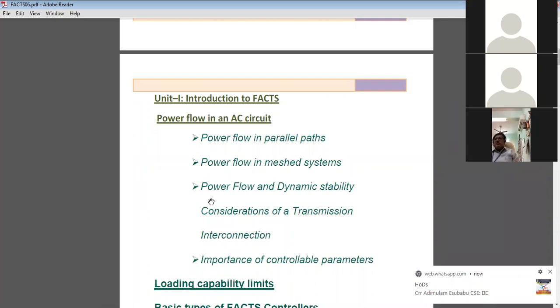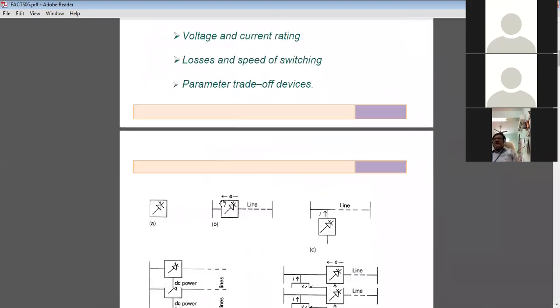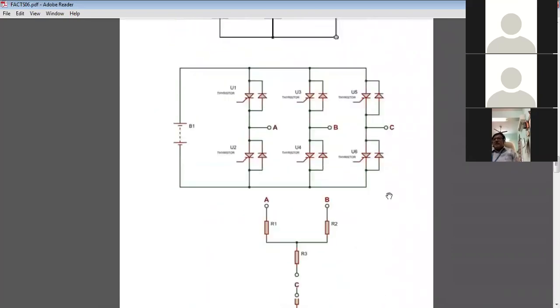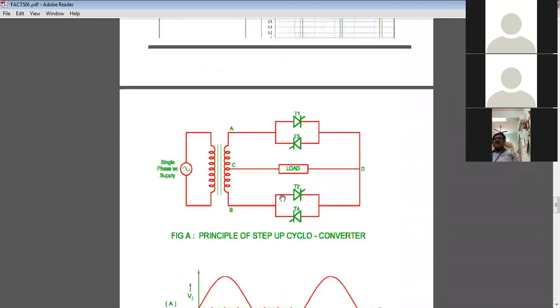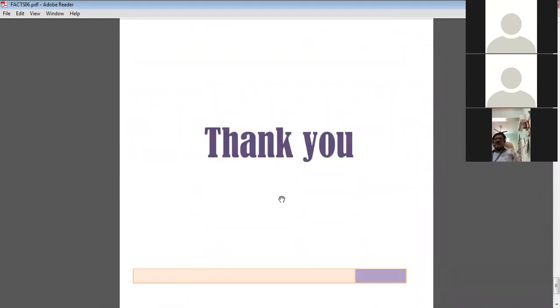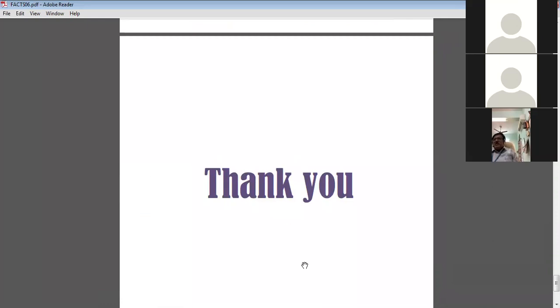So the parameters' effect on the real and reactive powers we have seen. This is about the entire unit 1. If you have any doubts regarding this unit 1, you can raise them. Only three simple topics are given at the end, that is the requirement of advanced power electronic devices, which we have seen. So with this